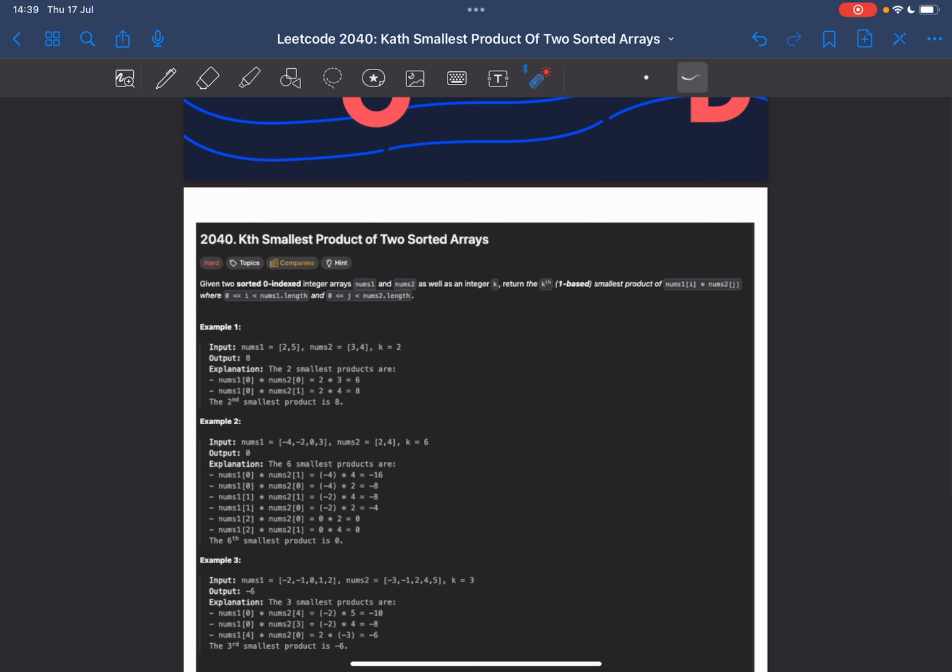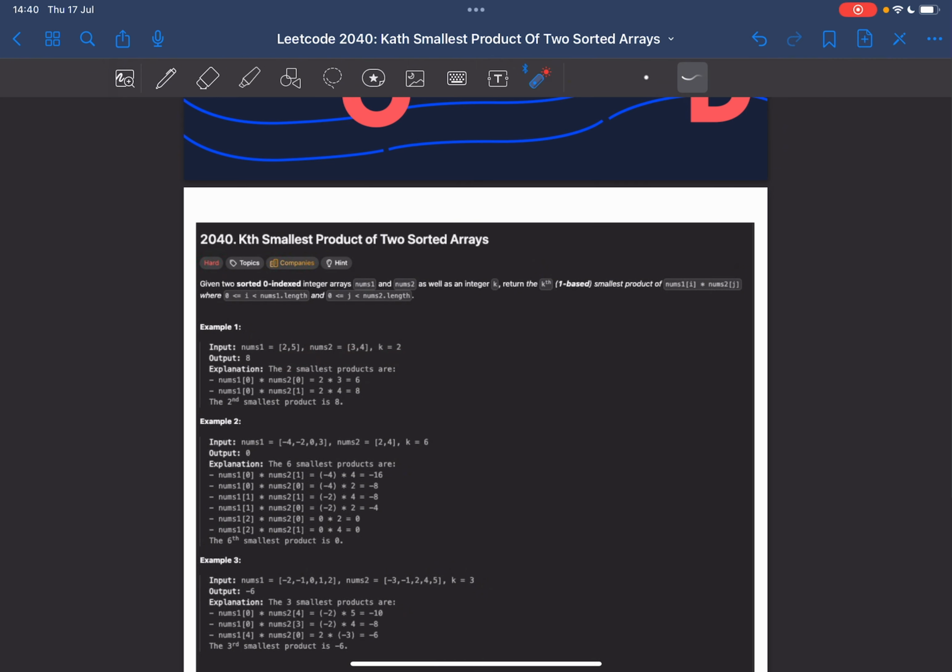Okay, so let's get straight to the problem. We're given two sorted zero-based indexed integer arrays called nums1 and nums2, as well as an integer k. We should return the kth smallest product of nums1[i] times nums2[j], where i is greater than or equal to 0 but less than the length of nums1, and j is also greater than or equal to 0 but less than the length of nums2. And we're given an example here where nums1 has 2, 5, nums2 has 3, 4, and k is